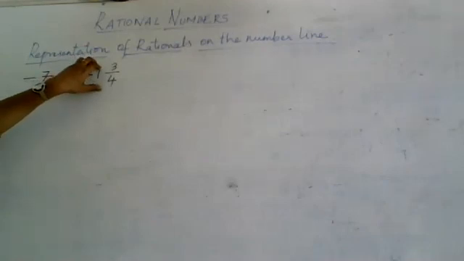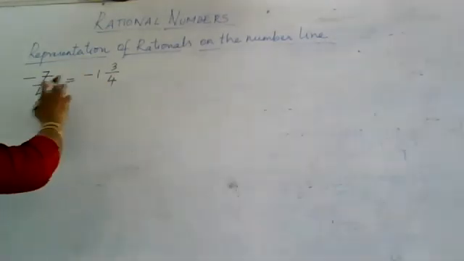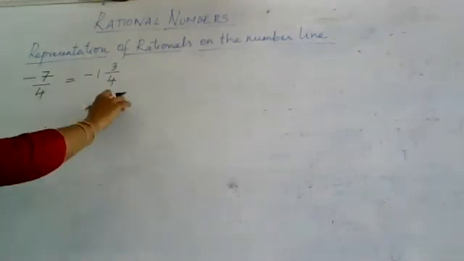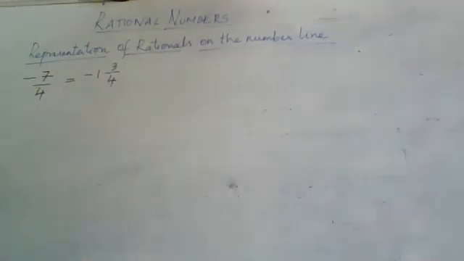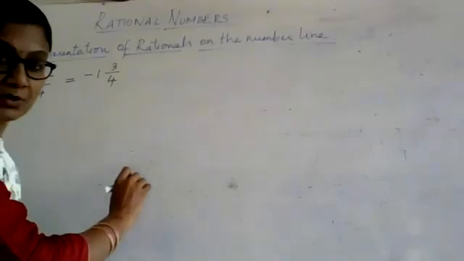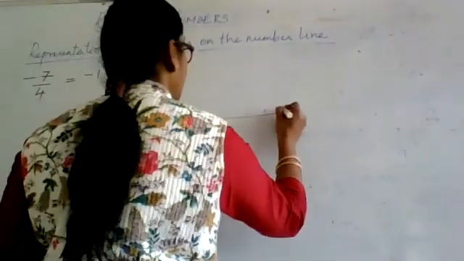So after negative 1, you should locate where 3 by 4 is. That will give you the position of negative 7 by 4. So this rational, negative 7 by 4, is negative 1 3 by 4. That means it is further on the left side of negative 1. Or in other words, you can say it is going to lie between negative 1 and negative